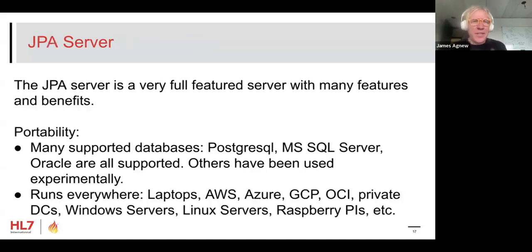The JPA server is, as I said before, a full-featured server in a box. It comes with a whole lot of interesting benefits. I mean, portability is one of the critical ones. As I said before, it runs on Postgres. It'll run on SQL Server and Oracle. We use a framework called Hibernate, which is an object relational mapper, an ORM platform that supports a number of other databases. And I am aware of people who have run HAPI FHIR on things like CockroachDB, Cache from InterSystems,